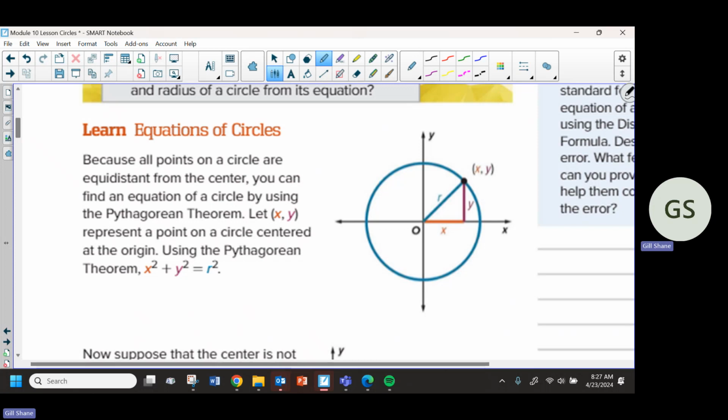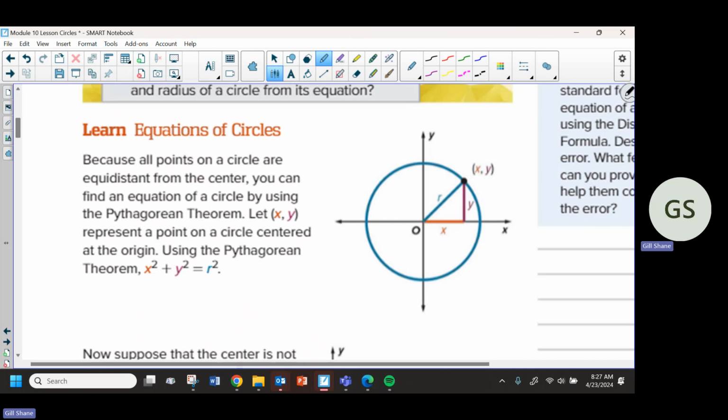So we go like that, but what are we doing? A set of all points. There's a little more to it than that. All points are an equal distance